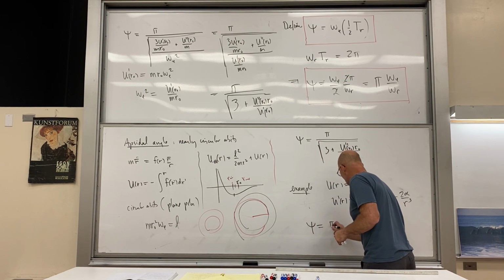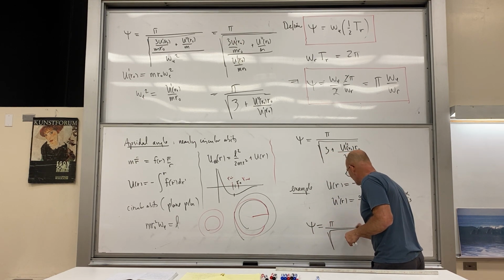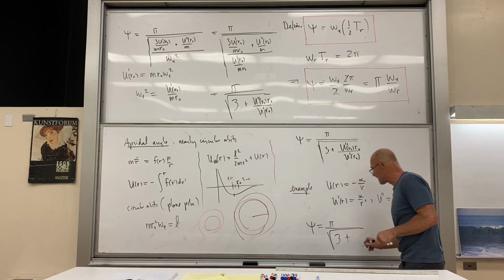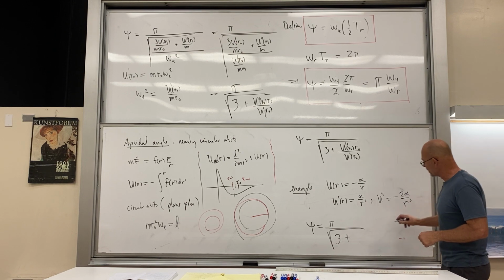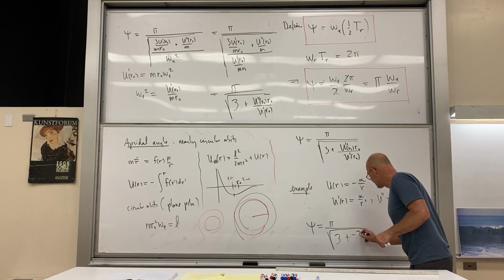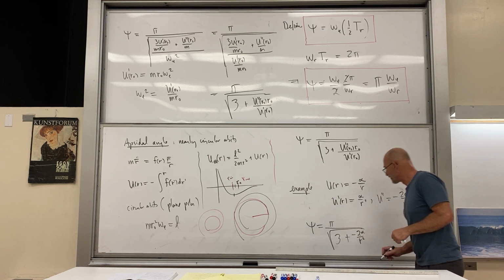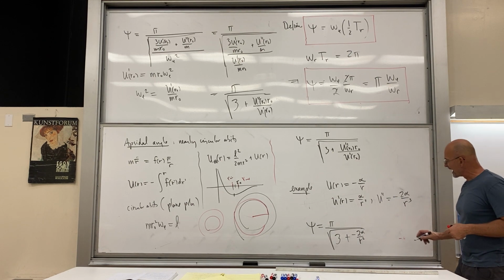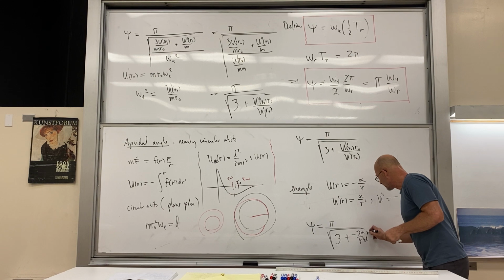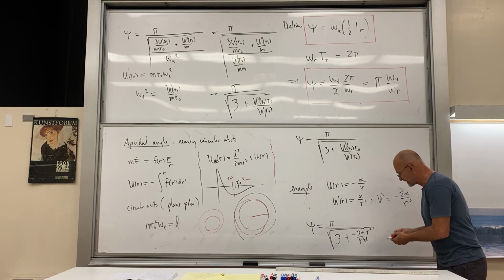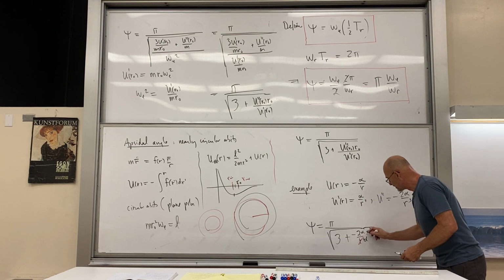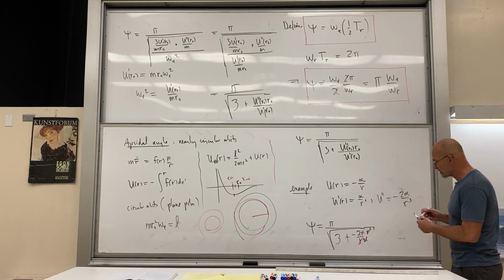We get pi divided by root 3 plus, and now u double prime times r, we get a minus 2 alpha over r squared, and divide by alpha over r squared. And you see you get these cancellations,